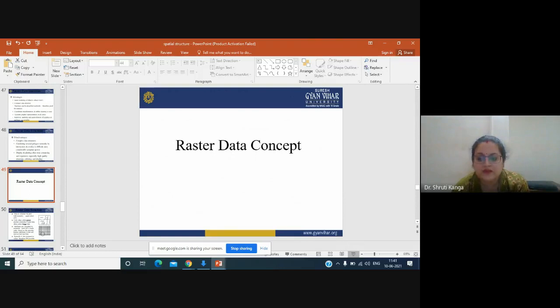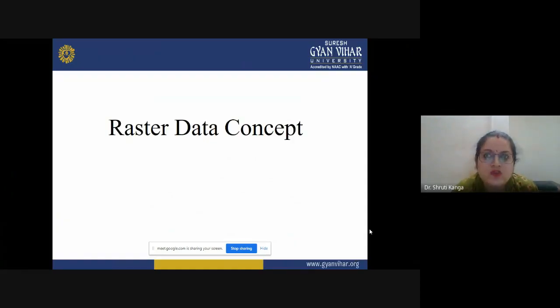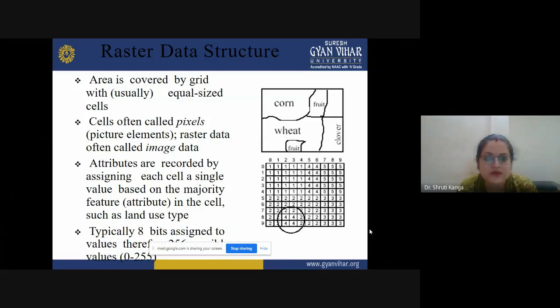Okay, so raster data in brief is in the form of pixels, and whenever we go for any storage or saving of data sets, in case of raster data set, we do it in the form of rows and columns. So raster data is the second type of the spatial data model. So let's go through the raster data concept. We have already studied the basics of raster data, how it looks like, and how different entities like point, line, polygon look in the previous lectures. So directly we are moving towards the raster data structure.